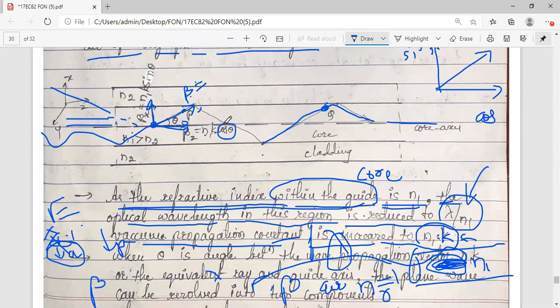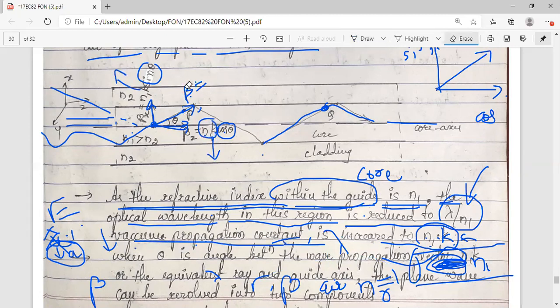Cos theta, you know, because it is horizontal resolving, and here it is sin theta because we have vertical resolution. So sin theta and cos theta, you know. So what is this N1 into K, the amplitude which I have written? Just now I have told you, it is nothing but your vacuum propagation constant, N1 into K. So whatever amplitude I am writing is nothing but the vacuum propagation constant.